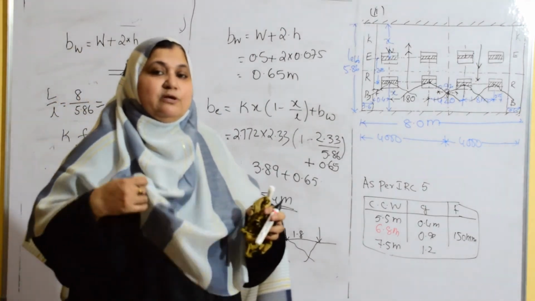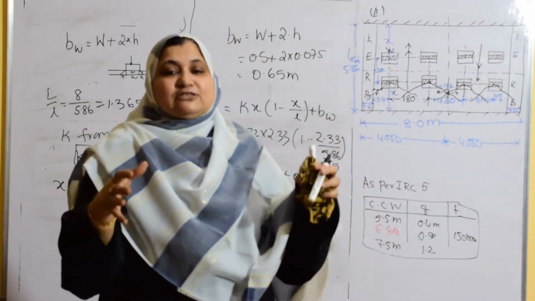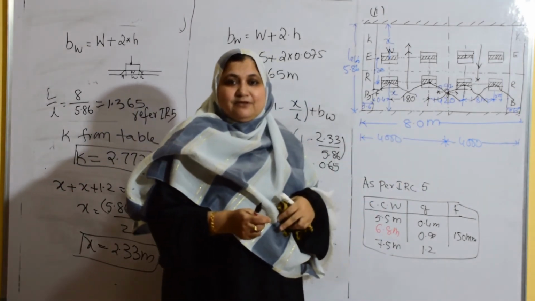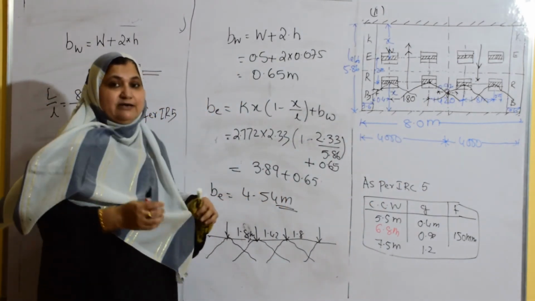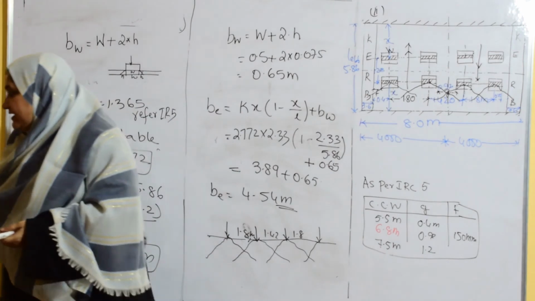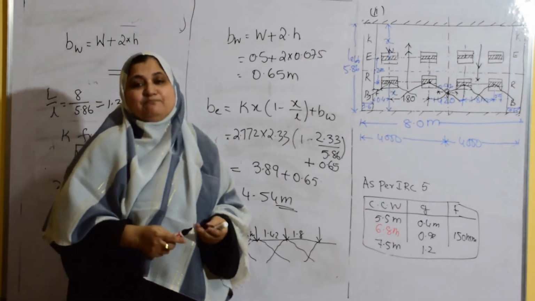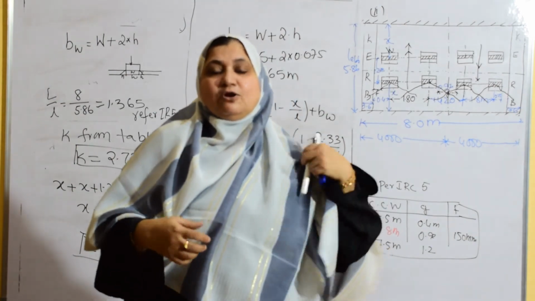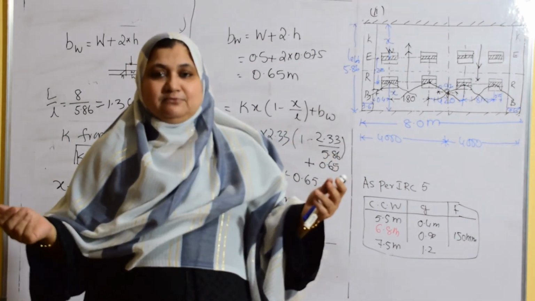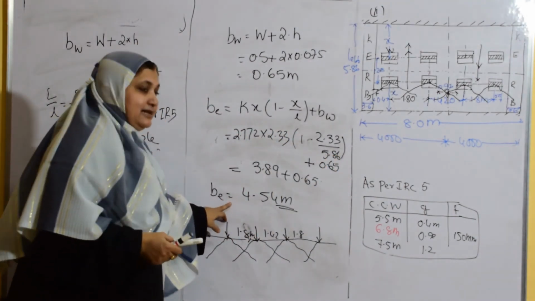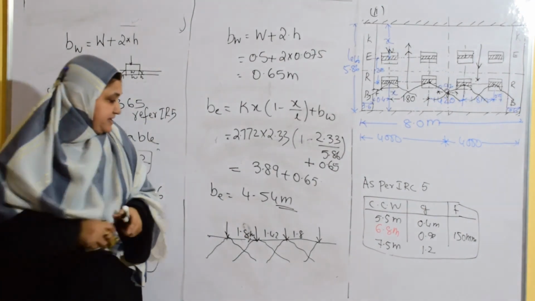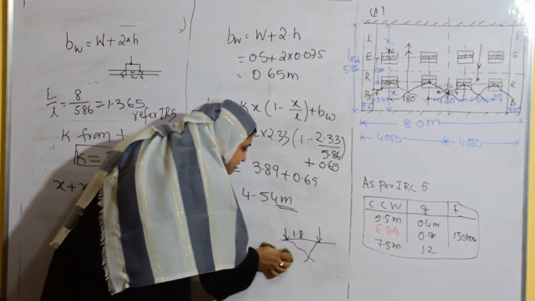So what we can do, because whatever dispersion is to take place, it has to take place within the total carriageway, that is within this 8 meters. If we add up 4.54, it will hang in the air beyond the width of the bridge slab, which is highly not possible, isn't it? Whatever load has to be carried, that has to be carried by the slab, not by the portion beyond the slab. So we have to recalculate the value of BE. How are you going to calculate the value of BE?